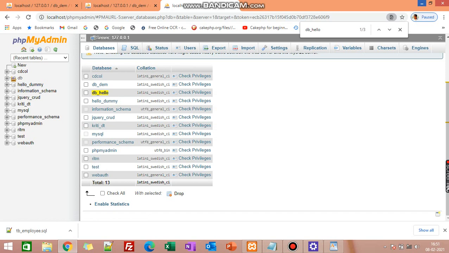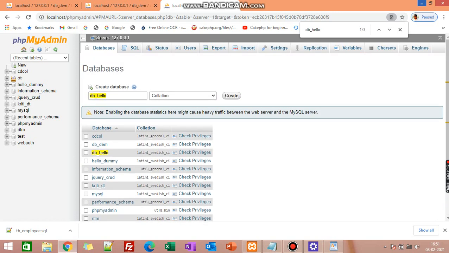But we don't want this type of database. Why? Because later you will see what is critical. If you create the database in this type of structure, if you follow MySQL directly by clicking, there is some problem. Suppose you're writing the code in PHP or Java, you have to write the code, then only data will come and be stored here. Without writing the code, it will not come. Then what you have to do is create MySQL and the DB again, all these things.